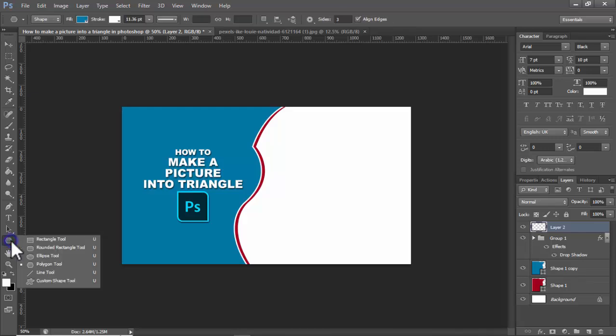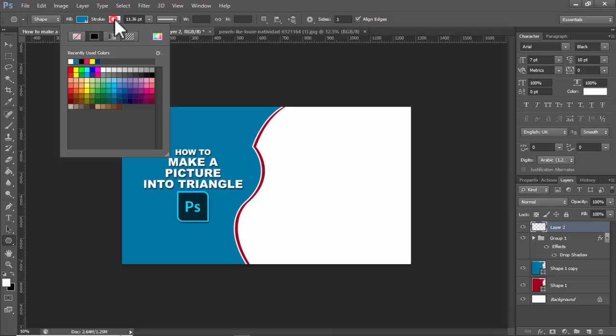Select the shape tool. Right click on your mouse. Select polygon tool. And now we can see these sides. Press 3, number 3. Use fill color. I use fill color outside stroke. Okay, then